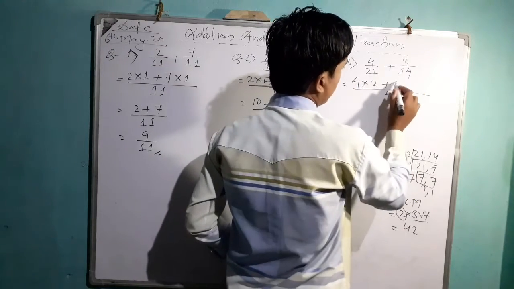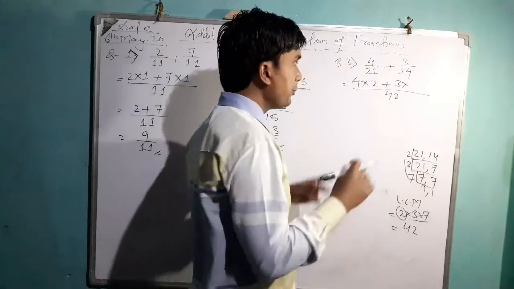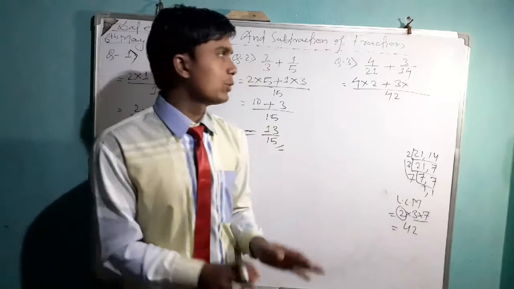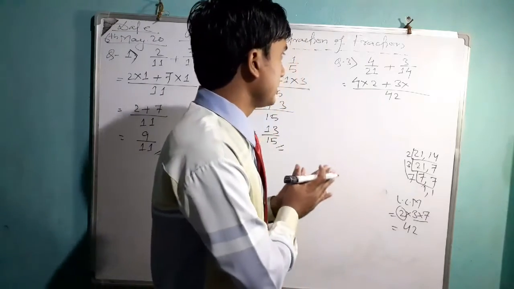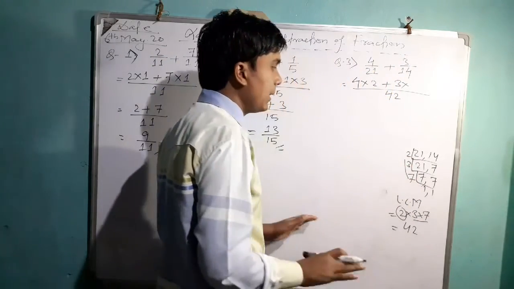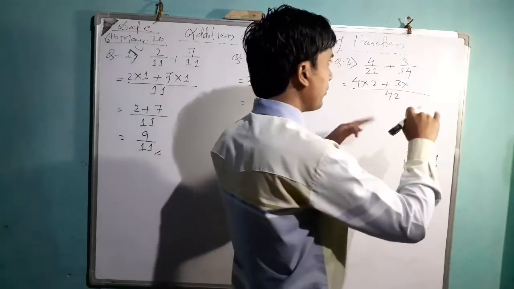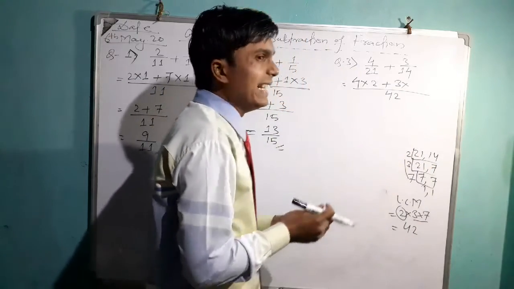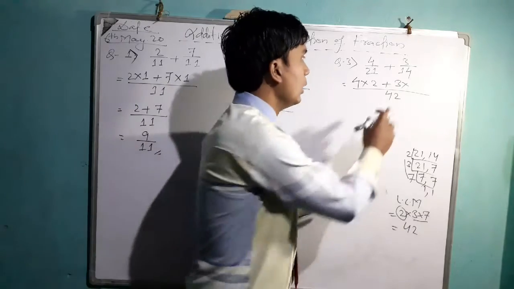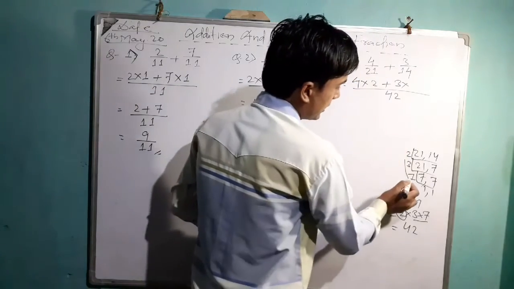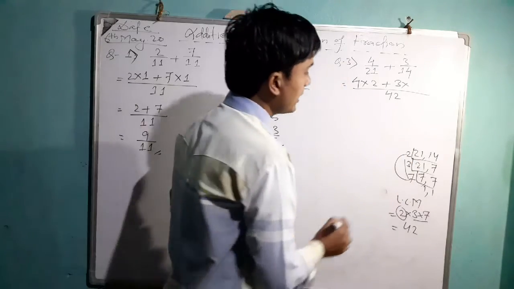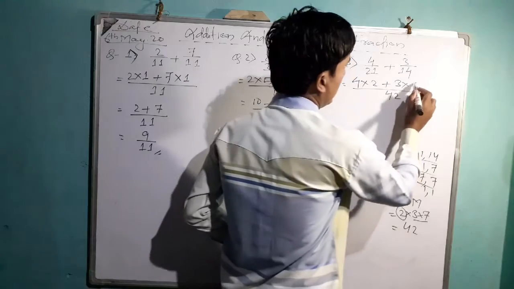Plus. Now this 3 into again. If you don't know the table of 14, no need to worry. If there is a big number, you don't have to worry. Don't be bothered about tables and all. We can do it from here in a very simple way. We don't need the table. So here we have 14. Now if I say 14 how many are 42, it may be a little difficult for you to understand. So in this case we need 14. So let's check. 7 2s are 14. So what is left here? 3 is left. This 3 will write here.